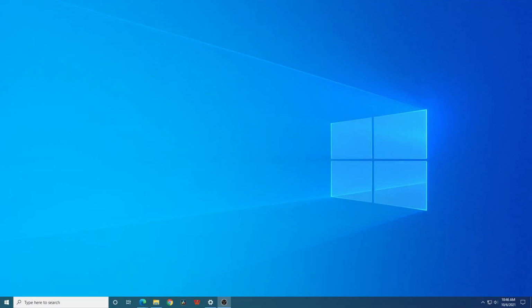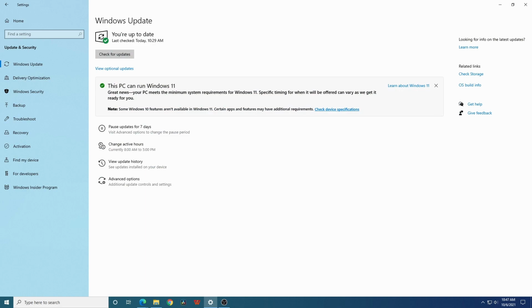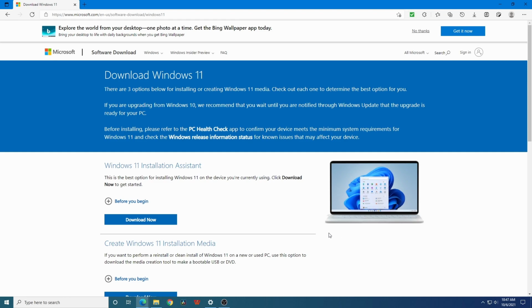Okay, before we get started, just want to let you know that this upgrade is completely at your own risk, and make sure to back up all your files before you get started. And just to show you right here in the Windows Update screen, I do not have the update yet, but it does tell me that I can run Windows 11, but you can just see I don't have the update yet. So just head over to this website,